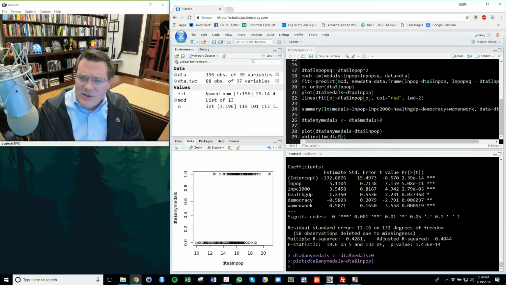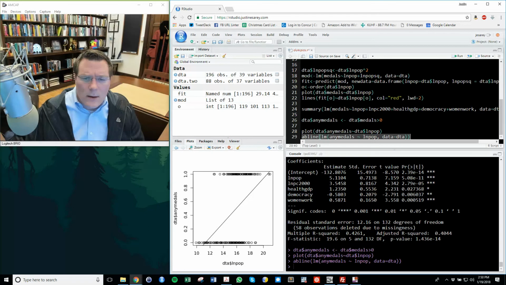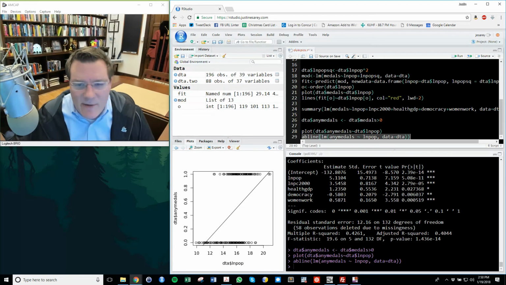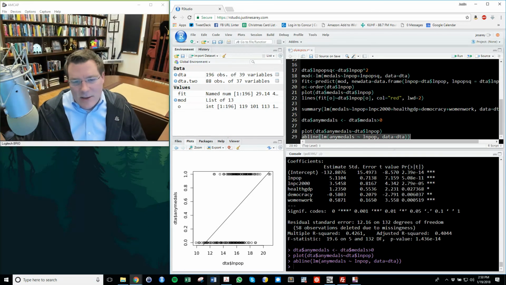Oh, I'll just do it this way. That ought to work. Yeah. So it looks like there is a positive relationship here. As the log of population goes up, the linear estimated probability of winning at least one medal definitely goes up with it, right? So for the number of medals, the relationship is kind of noisy.